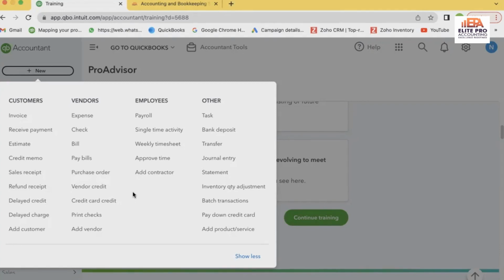Hi guys. So in today's topic, we're going to go through two topics again. One is the vendor credit, and the other is the pay down credit card. Now we have gone through the credit memo earlier, right? That is something which comes under the customers, and the vendor credit is for the expenses and